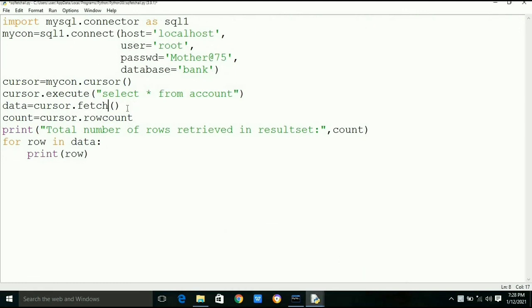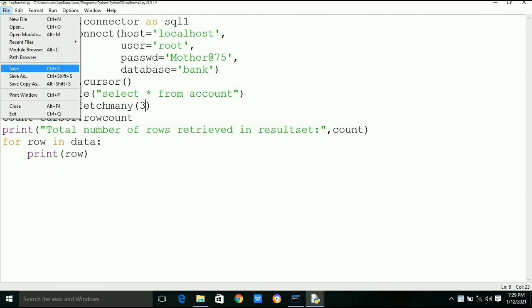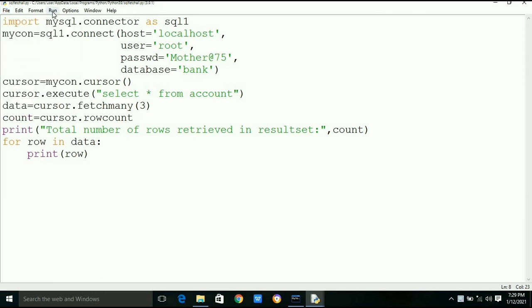Now we will extract data by using the fetchmany method. Here I am writing 3, then 3 records can be fetched and it returns a tuple where each record itself is a tuple.